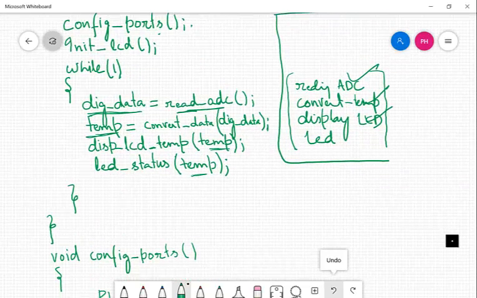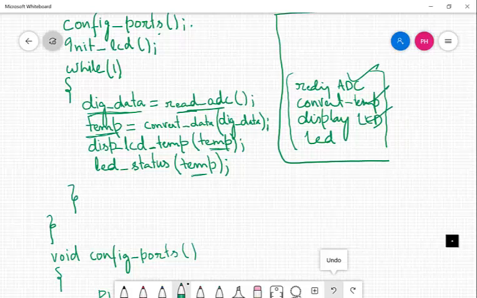And then I have called 4 functions repeatedly. The first function is reading the data from the ADC. It reads the data from the ADC and returns the value that gets stored in digital data. Then this digital data is passed to another function named convert data, that converts this digital data into the actual temperature. And the third function takes this temperature value and displays it on the LCD screen. In the first line it displays a string like this, temp equal to the current temperature in degrees Celsius,